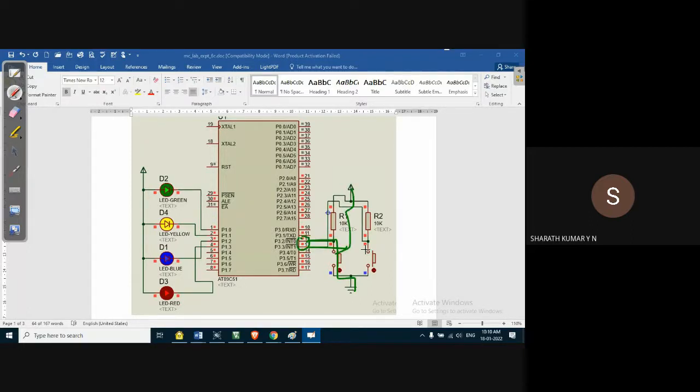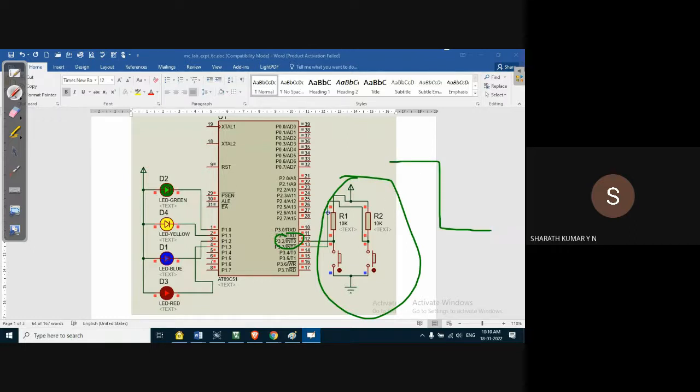That means it's a negative logic. So what I suggest is, try with one of the logic, let us say positive logic, for example. If it doesn't work, change the logic of the switch to negative logic. Then check it, because since these pins work on the basis of transition from high to low, negative logic is better. That's the basic idea.